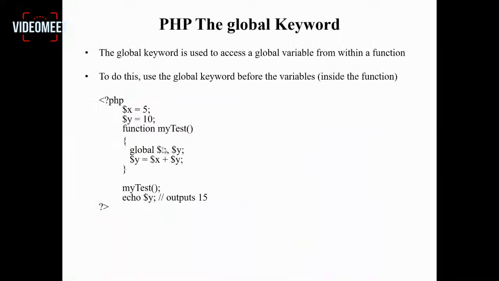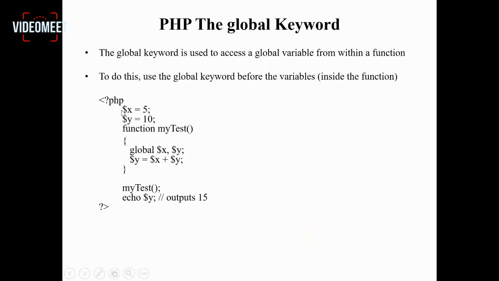And apart from using local and global variables, we have a keyword called the global keyword. So what is the purpose of this global keyword? The global keyword is used to access a global variable from within a function. So even though you create a global variable, you want to use that global variable inside the function also. Normally, PHP will not allow you to access that global variable inside a function. But if you want to use it even inside the function, then to do this, what we need to do is,